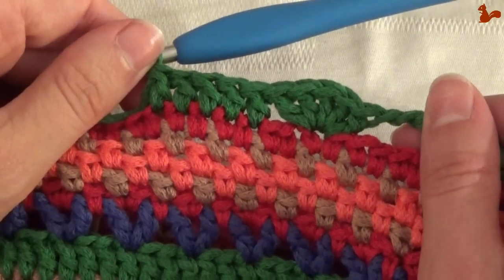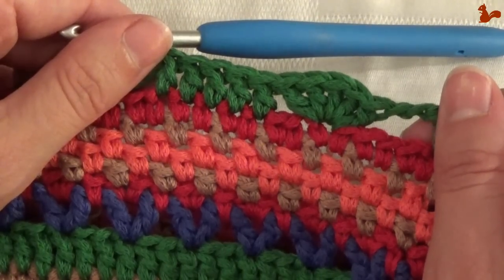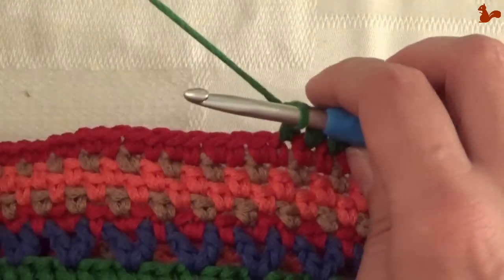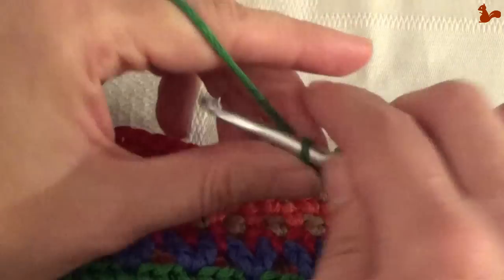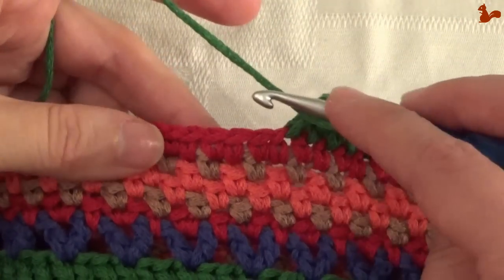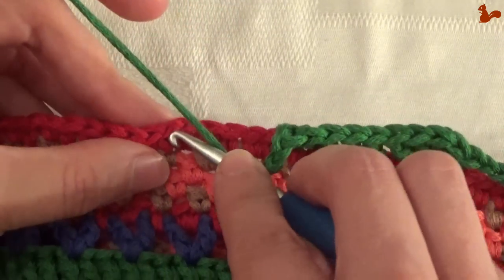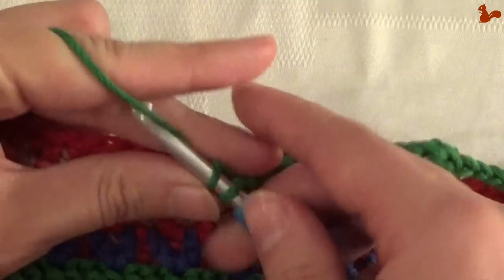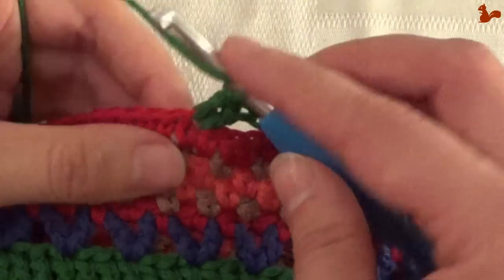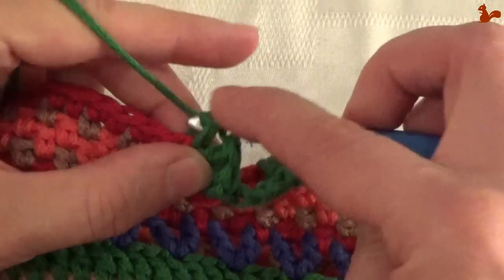And this here, from the chain 2 up to these 5 double crochets, you're in total going to do 11 times. I'll show you this entire repeat one more time. Chain 2, and then skip 4 stitches, work 5 double crochets in 1 stitch. So it's 1, 2, 3, 4 stitches skip, and stitch number 5. That's 1 double crochet, 2, 3, 4,